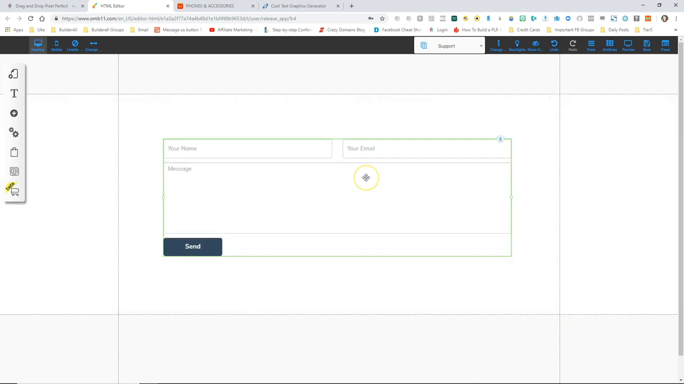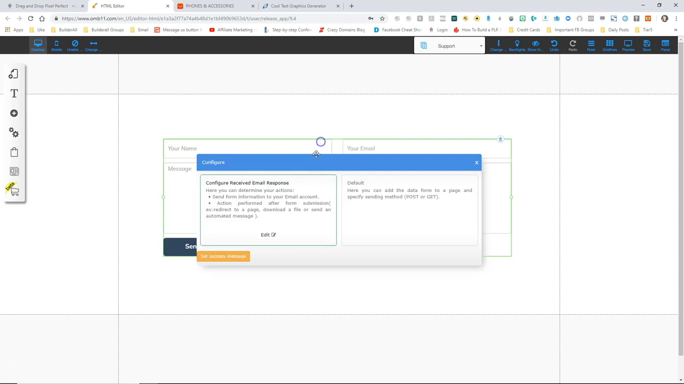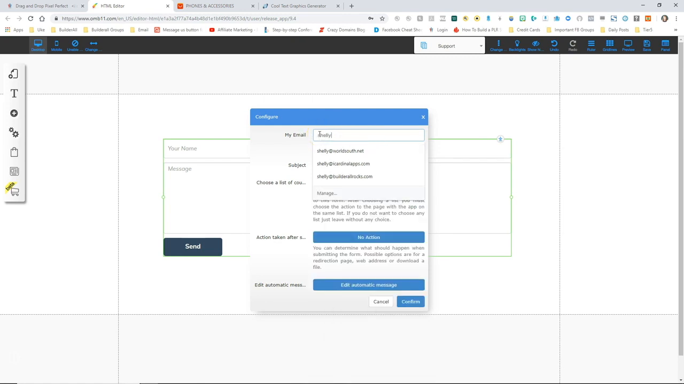And now what I'm going to do to make this form work is I'm going to right click and I'm going to go to configure. And right here on the left hand side it says configure received email responses. What that means is when the person fills out this contact form and they hit the submit button, this information is going to be submitted to you by sending you the data through email. So we're going to set that up by clicking edit, and here's the email address of where I want to receive this. So I'm going to type in my email address,